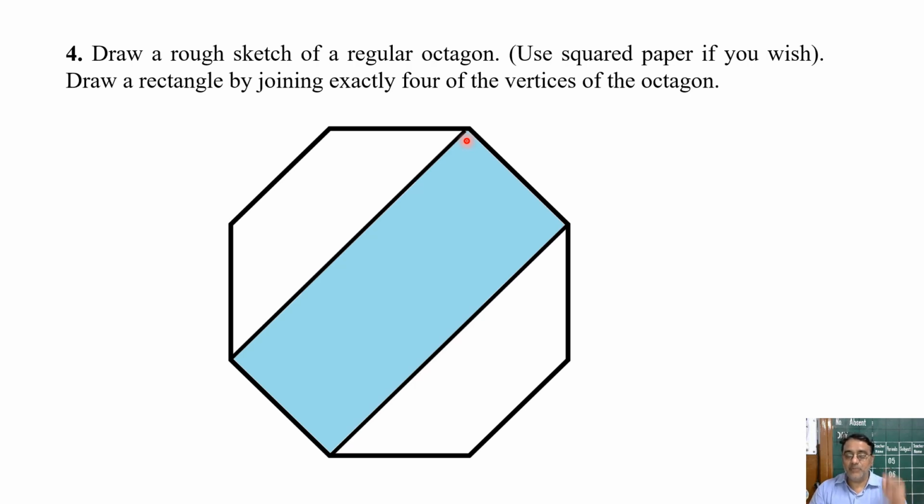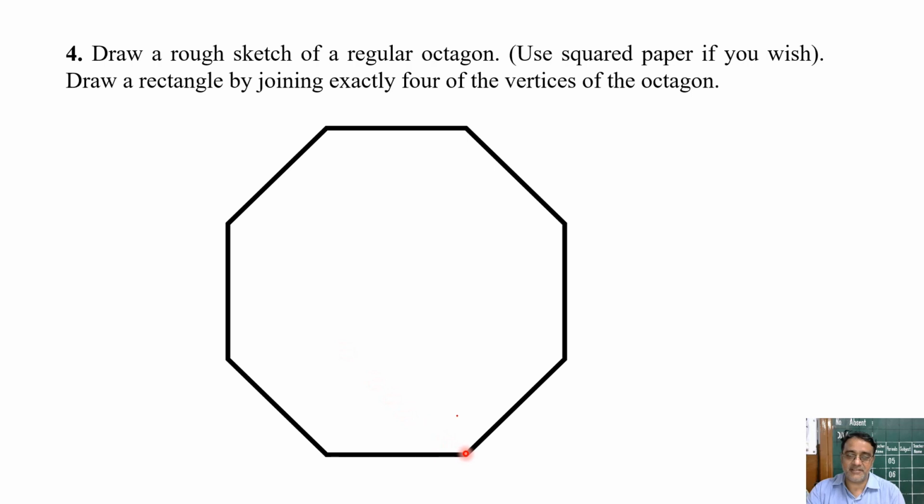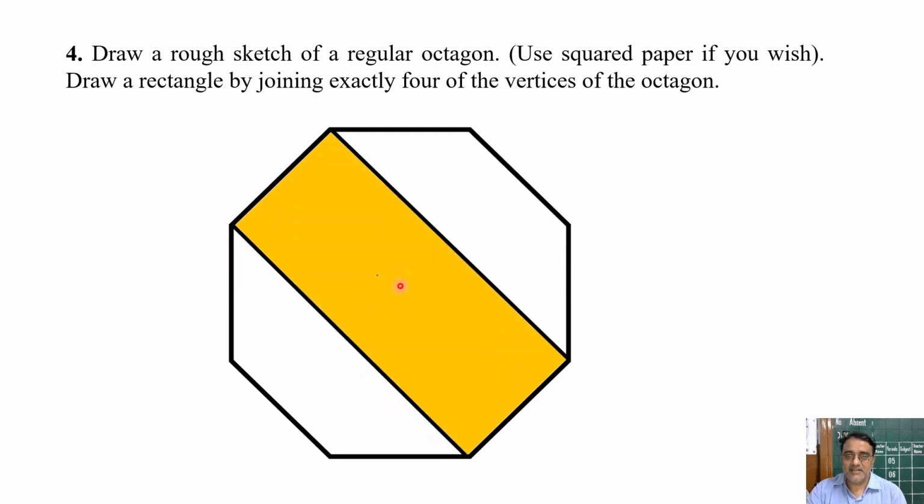Okay. And one more way we can join. देखो ध्यान से, ये इसको join कर सकते हैं दोनों को. Okay. First इसको join कर लिए, second फिर इसको join कर लिए. Now this figure you observe, these two are equal and these two are equal. So length और breadth, और यहाँ पे हर angle हम लोग को 90 degrees मिल रहा है. So this is also a rectangle. So this is question number 4. Now we are moving toward the last question, question number 5.